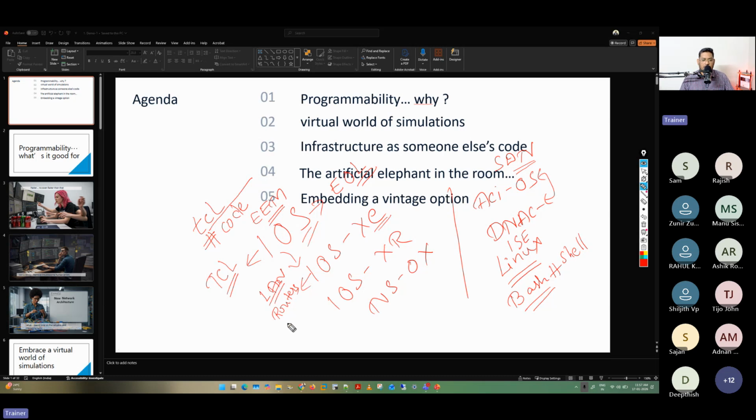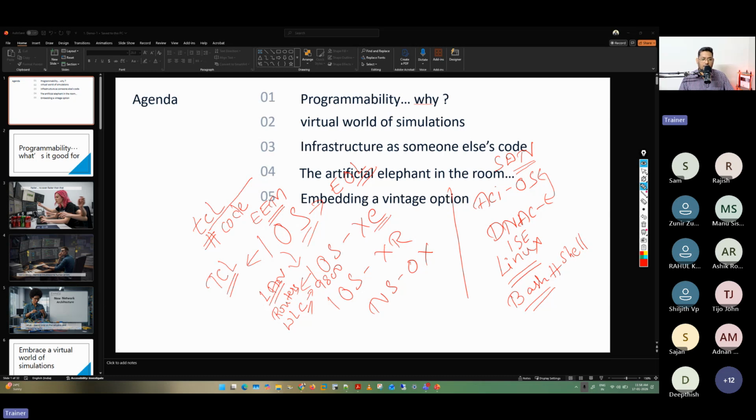You also have your wireless controllers that are running on iOS XE. So the latest version of wireless controllers, 9800 series, they run on the iOS XE. So most of the devices run on iOS XE, and this iOS XE can be automated